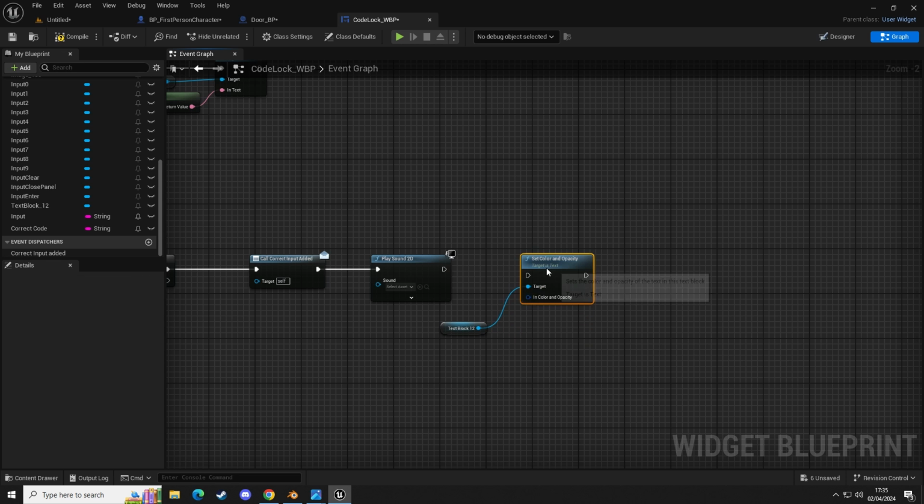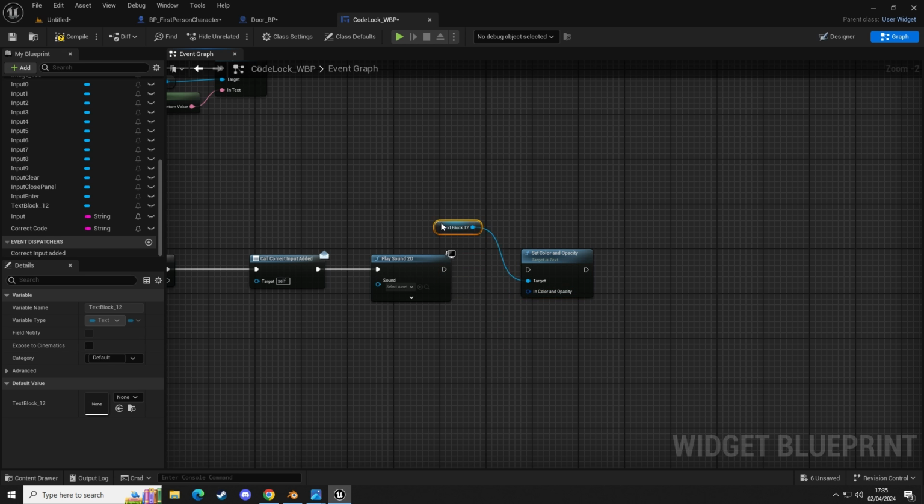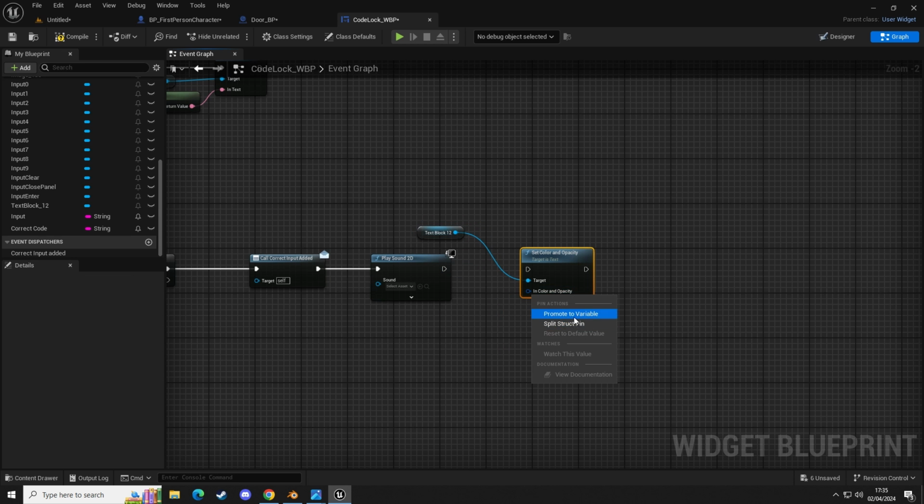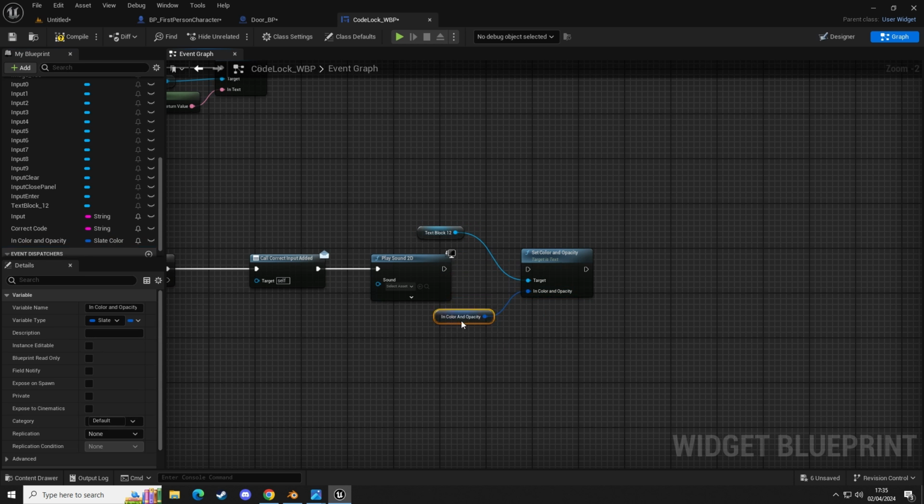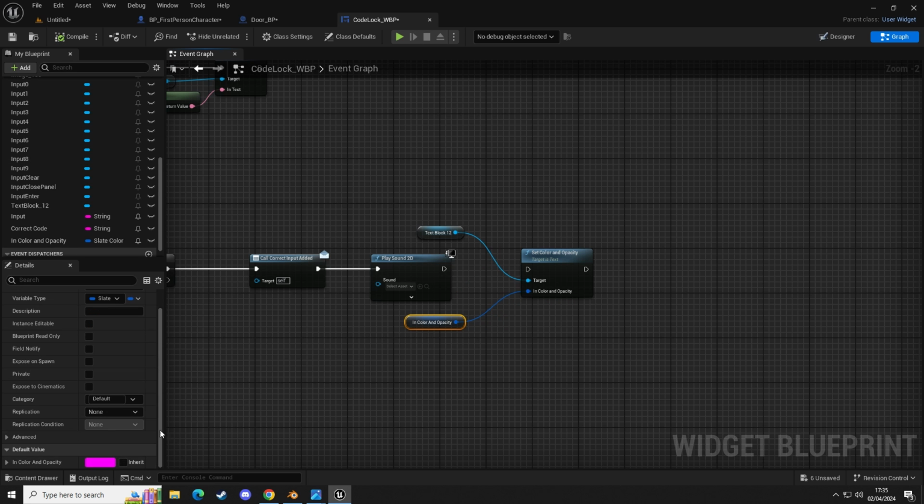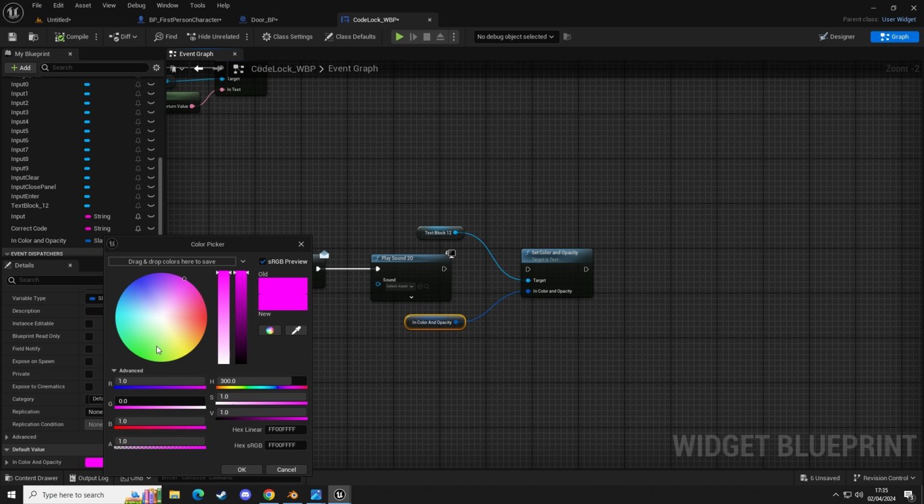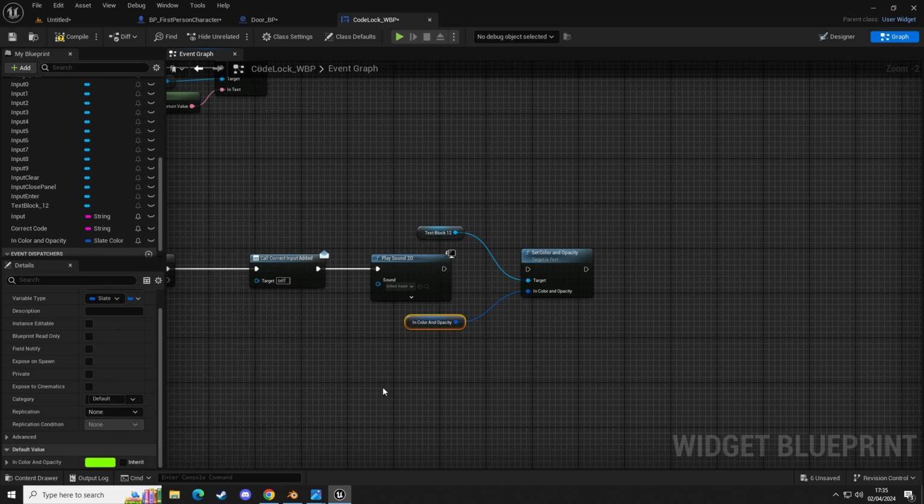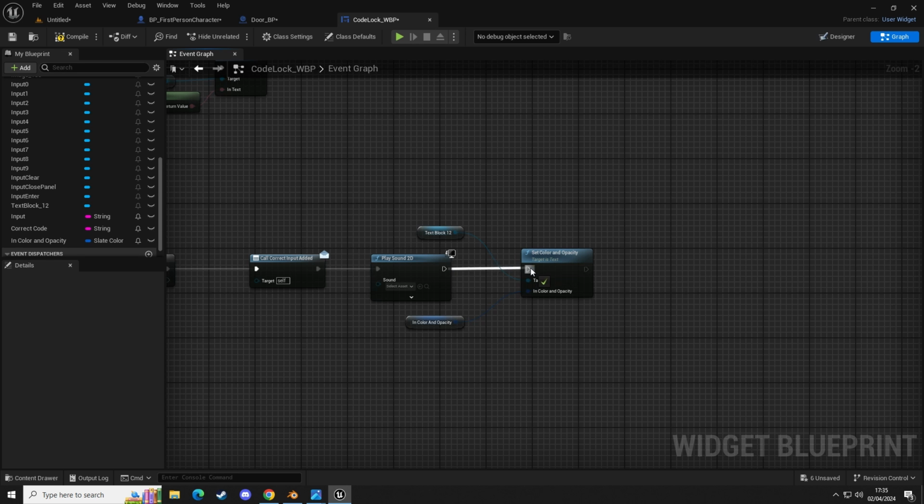There we go, and opacity. And then we're going to promote this into a variable, like so. And if we compile it, we can see down at the bottom we can change color. So let's do what would be a correct answer color. Most of us would go for green, right? So let's select green, and we can plug that into there,